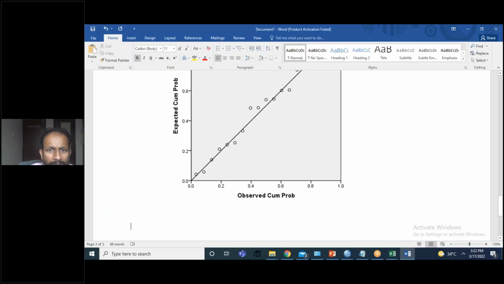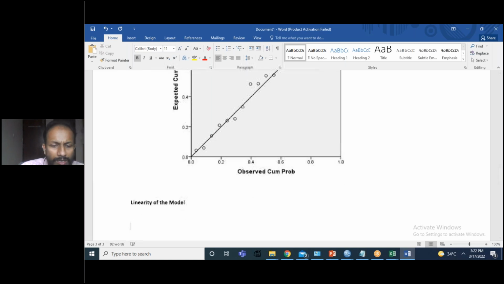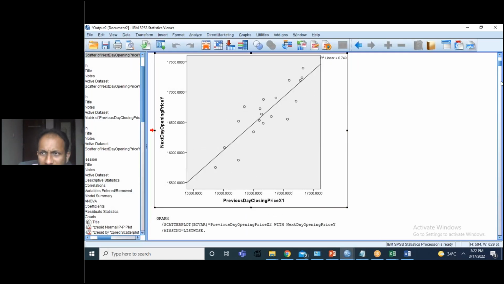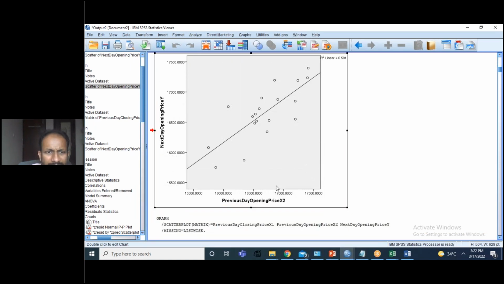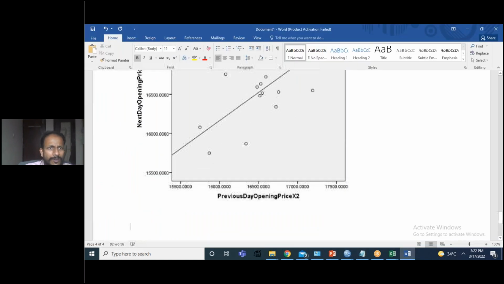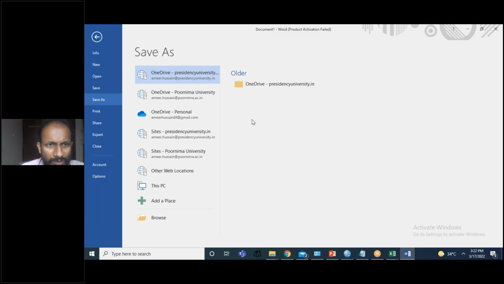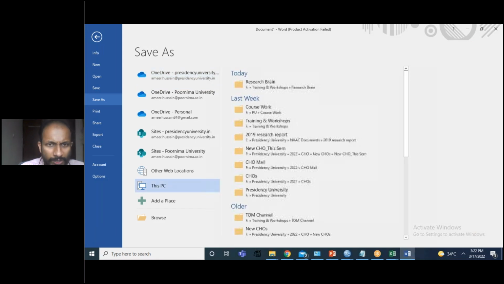Linearity of the model. This and this. Linearity of the model. Right? So what I will do is, these are all the outputs that we have got for this, which I will